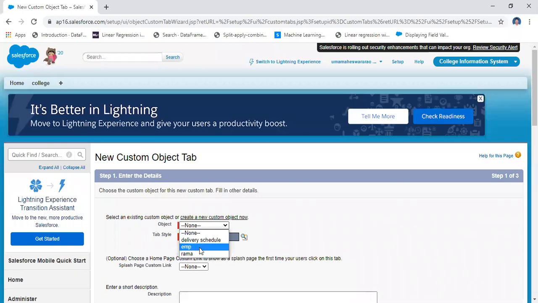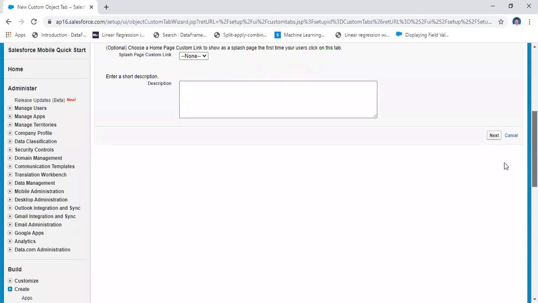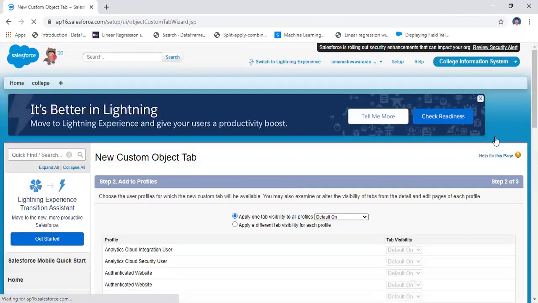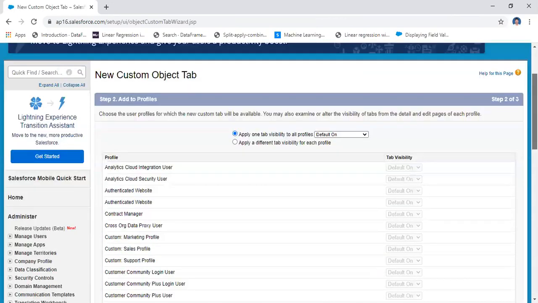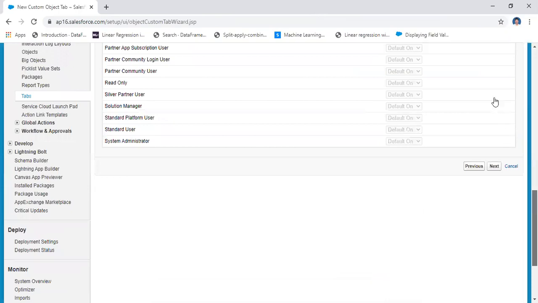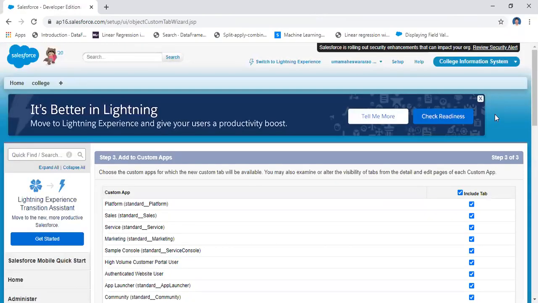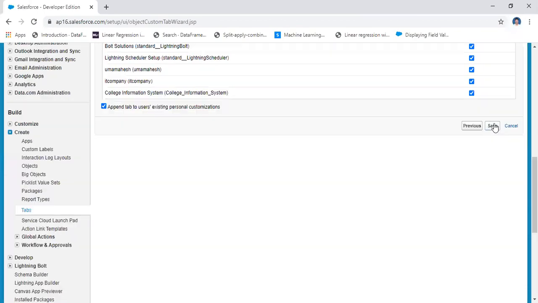What is the object here? EMP. Just now you created the EMP object, and I am going to add that object into the tab. Take any one style. Next. No description. Next. Apply the tab visibility to the profile; you cannot touch that now. Next. Save it.